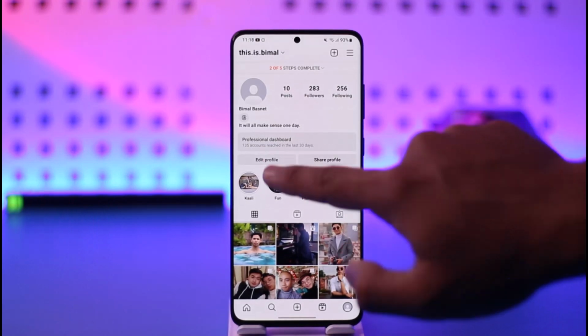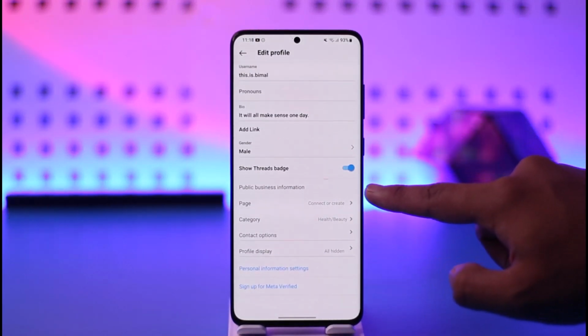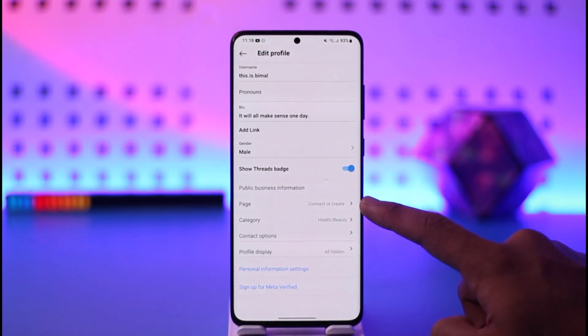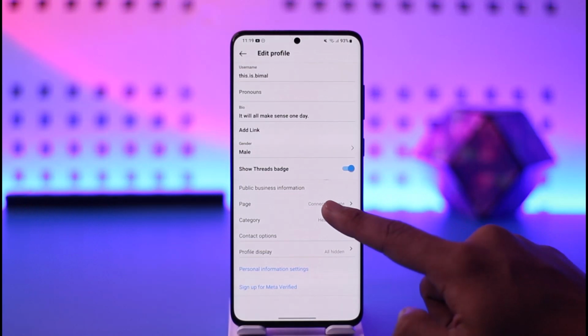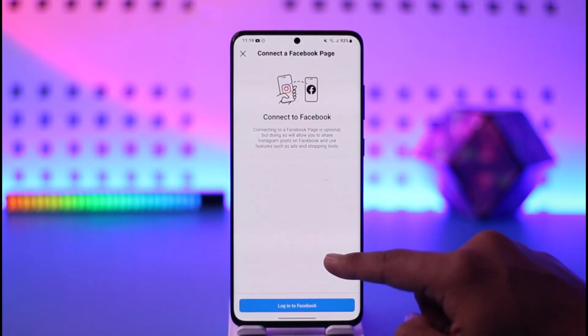Once you make sure you have a professional account, here you'll find an option called edit profile. When you tap the edit profile option, right under this you'll find public business information and you'll find the option called page. If you haven't connected any page, you'll find connect or create page. Now you can tap the connect or create page option, tap on continue, and now simply log into one